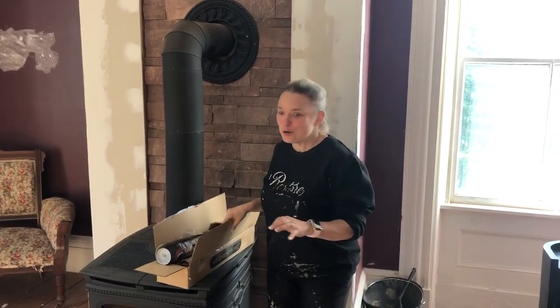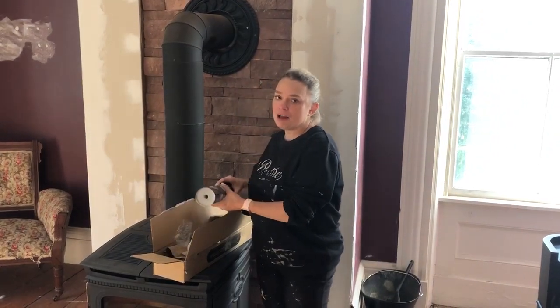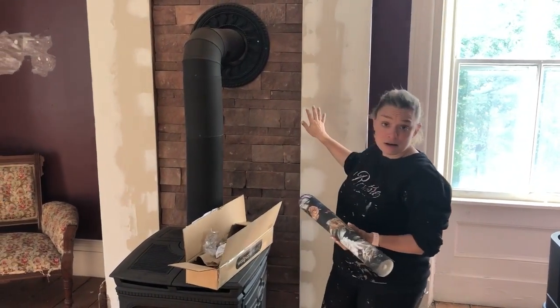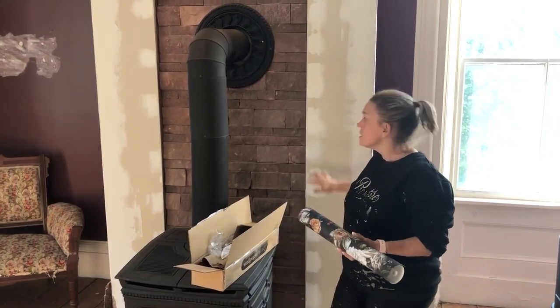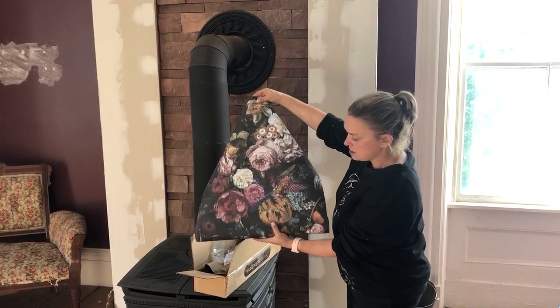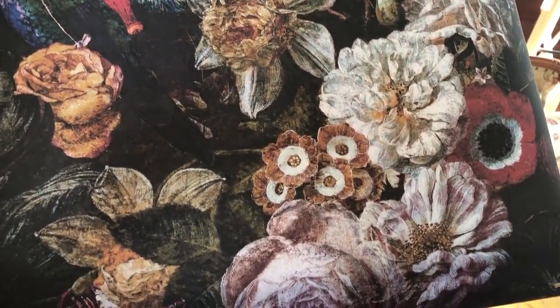So I'm just in the middle of painting today, as you can tell by my very attractive attire, but I wanted to show you what arrived in this box, because if you remember, I've been talking about putting wallpaper around this fireplace area in our music room, and we're actually going to be doing some paneling at the bottom, but this section at the top I wanted some wallpaper. And I found this wallpaper online, and it's this gorgeous vintage flowers,